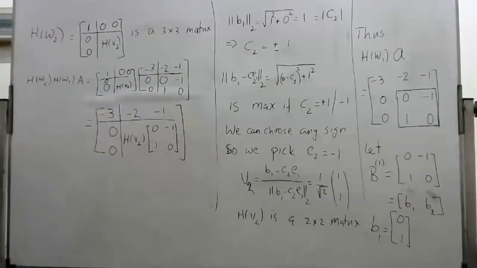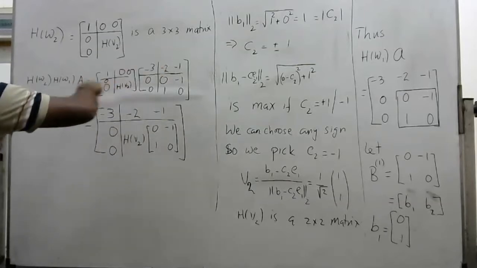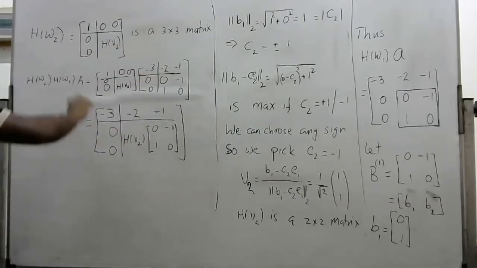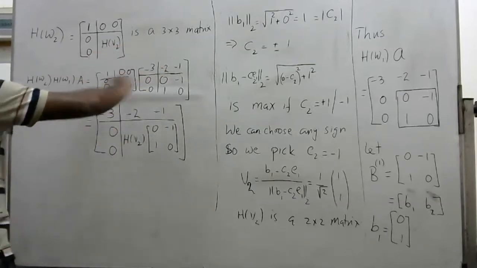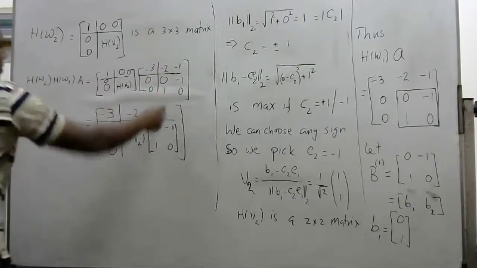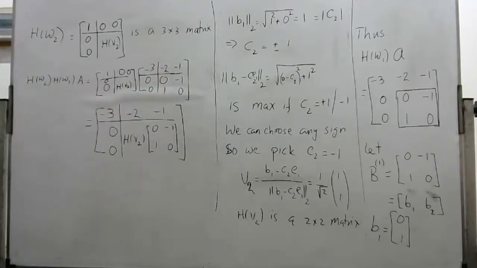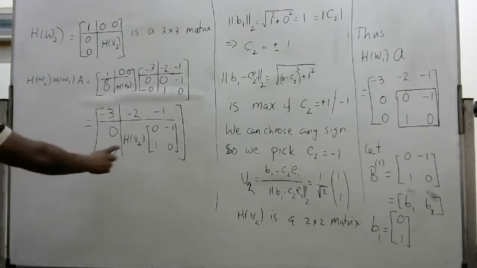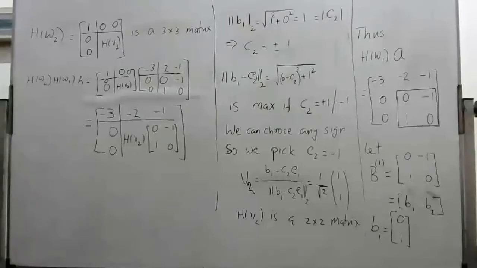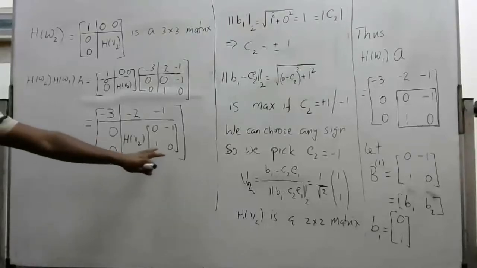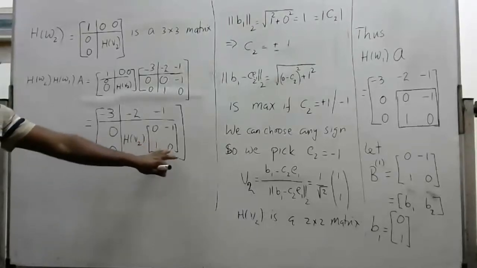So this is how this matrix is multiplied in blocks, right? When you multiply this into this, it doesn't make any change, and then this block into this block, this times this, right? So that is how you do that. We did that in the theory as well. So now basically you want to get this multiplication, right? So this is the same as H V2 times B1 and H V2 times B2.